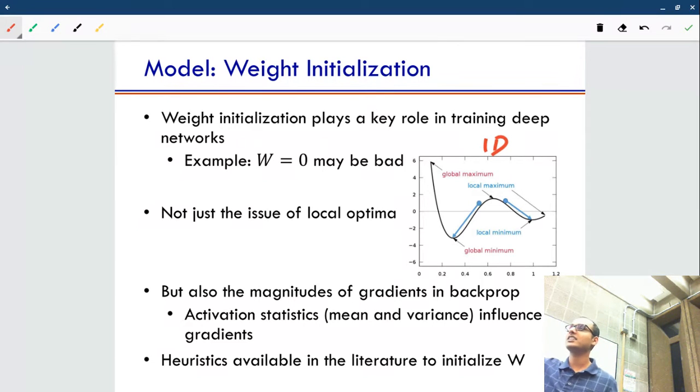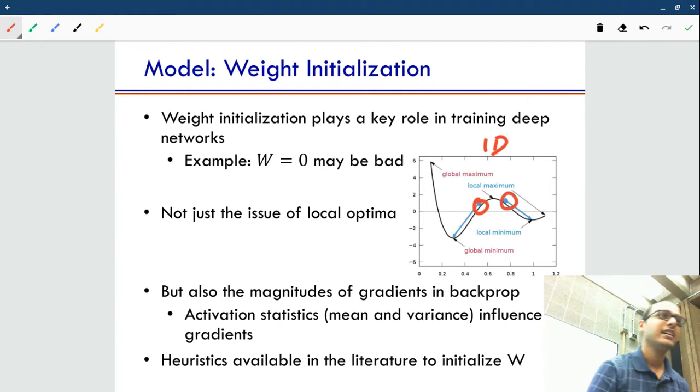But here, this illustration is just for a 1-dimensional problem. If you have a curve like this, you can see that if I start from here, or if I start from here, and do gradient descent, I'll reach different valleys and different bottoms of the valleys, right? Different valleys here, or here. And it turns out that because of nonlinearities that we introduce, in particular ReLUs,